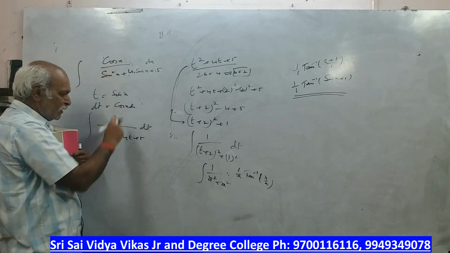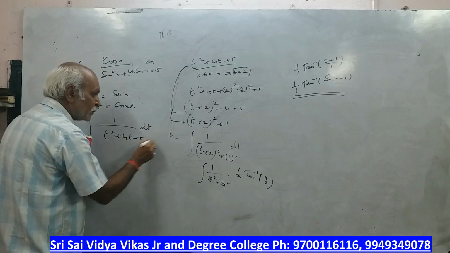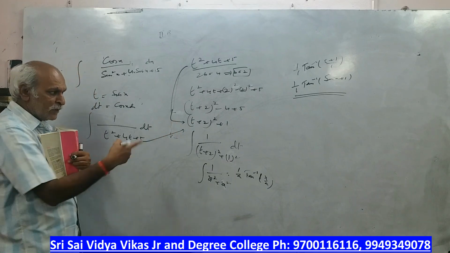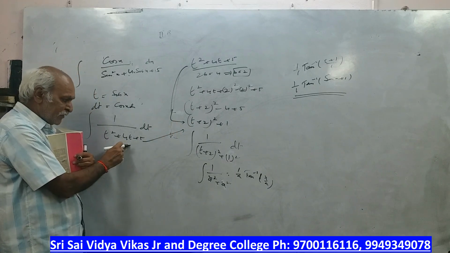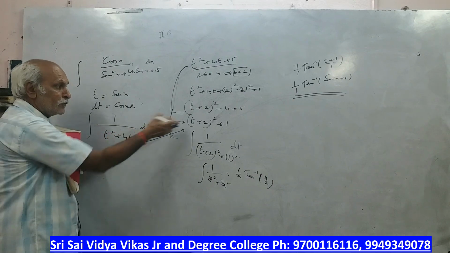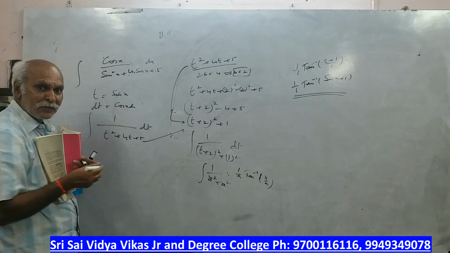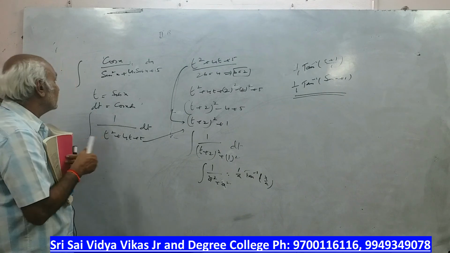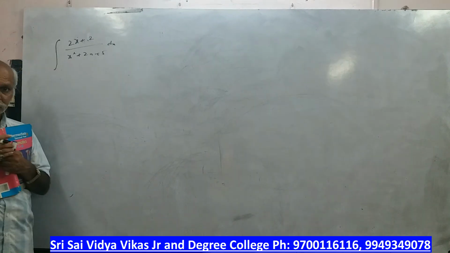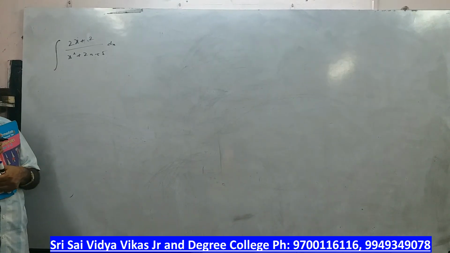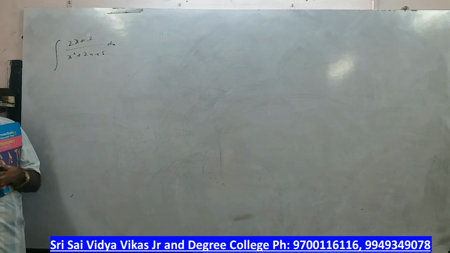This step is important. Once you write directly, you can write from here to here, sir. What is that? T plus 2 whole square plus 1, because here 4t is there, which is an even number, definitely it will be 2b. So using that you can directly write. So with 3 steps you can complete the answer. Okay, like this also you will be given. Please note down.